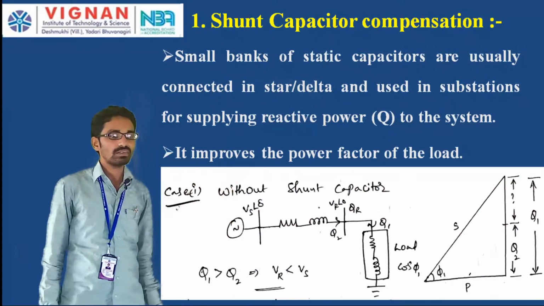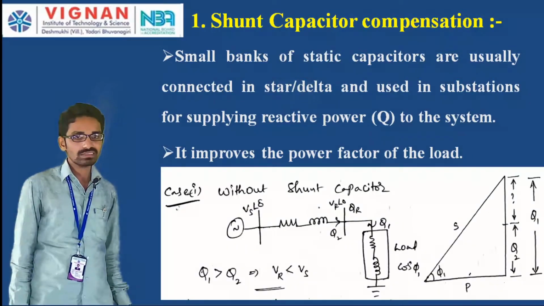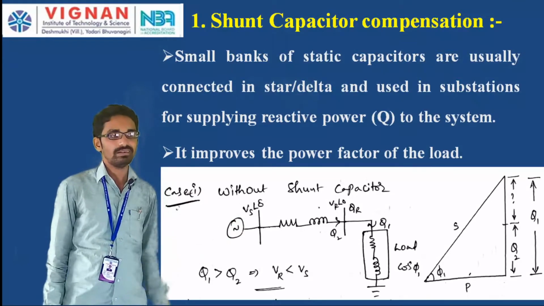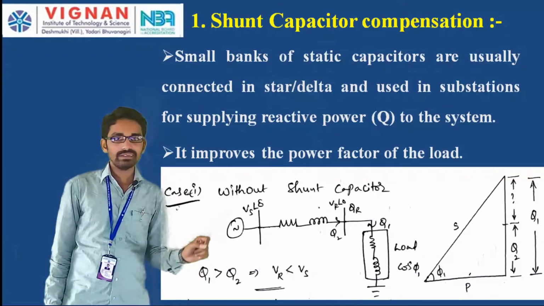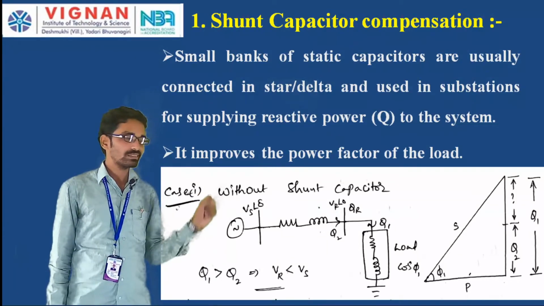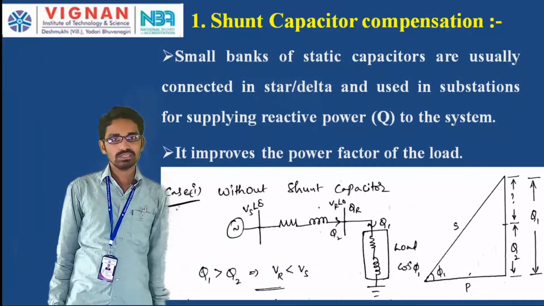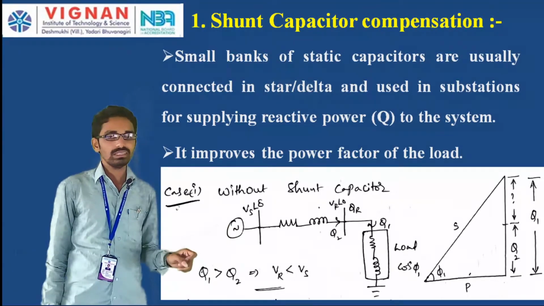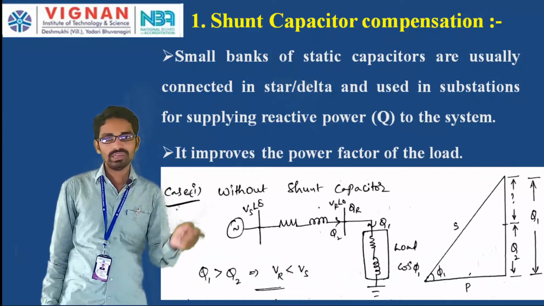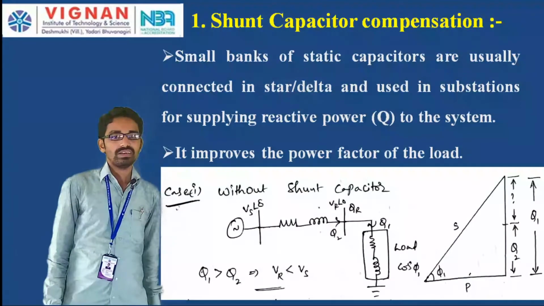Q r is nothing but the net reactive power at the receiving end. There is a voltage at the receiving end, that voltage is V r at an angle 0. So that is the voltage at the receiving end, whatever voltage you get at the receiving end is VR at an angle 0, right.